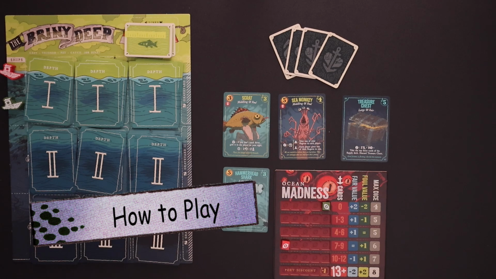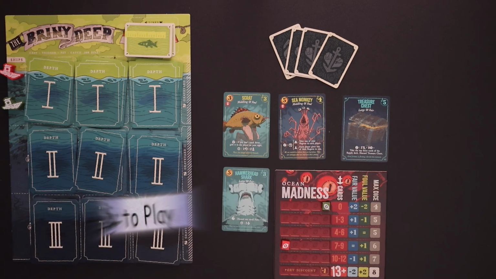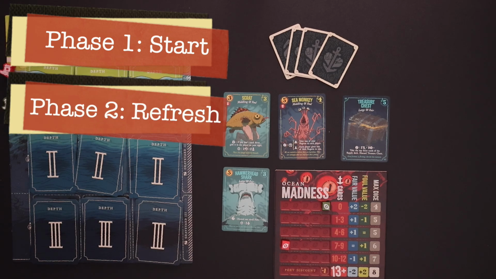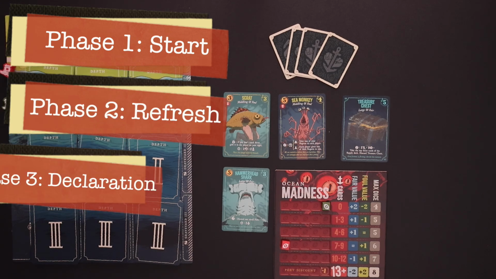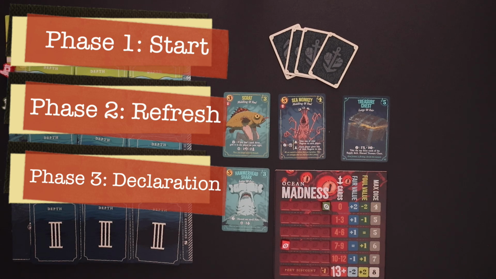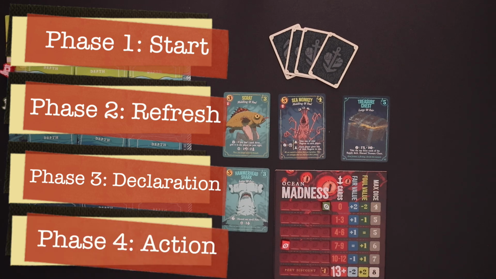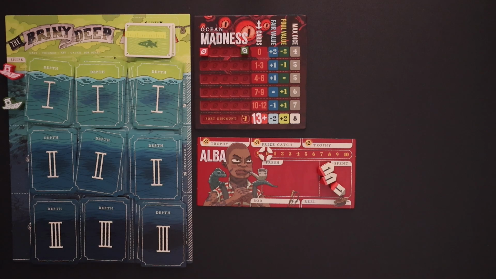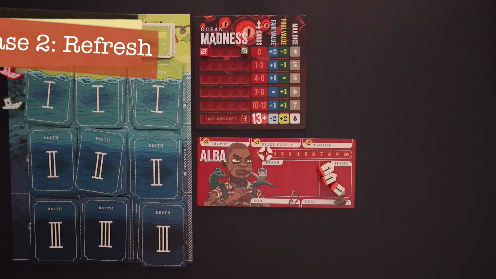Now, each day is played in 4 phases, and you start with phase 1, start, then phase 2, refresh, then phase 3, declaration, and then finally phase 4, which is the main actions of that day. Now, phase 1 is skipped on your first day, and phase 3 is also skipped on your first day. So it's Monday, it's our first game, so we skip the start phase and we go straight to phase 2,